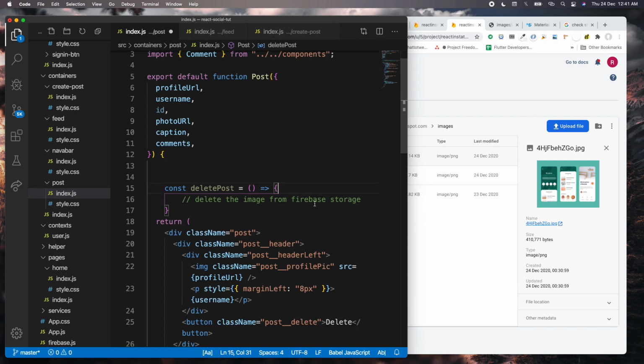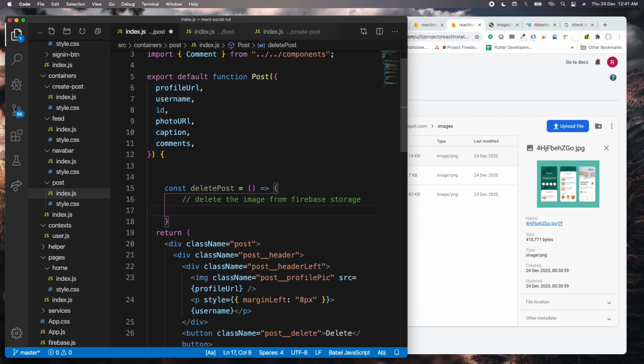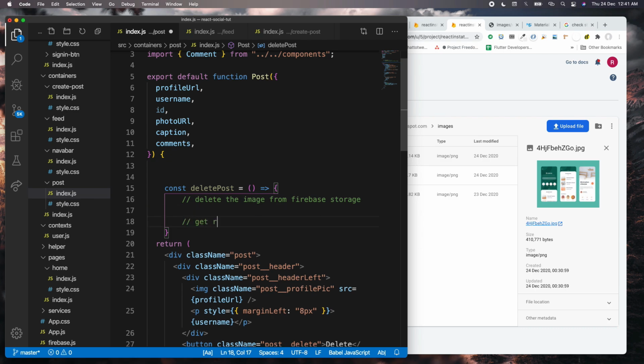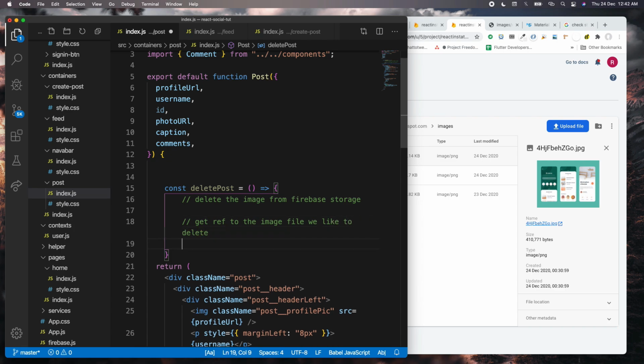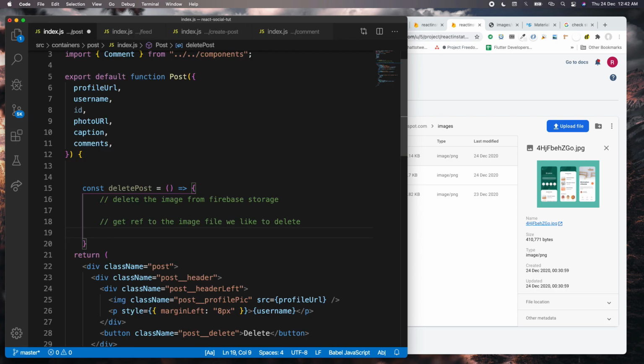We can get the reference to that particular image by its URL. So let's see how we can do that. So we will say get reference to the image file we'd like to delete. So how can we get the reference? We will say variable imageReference is equal to